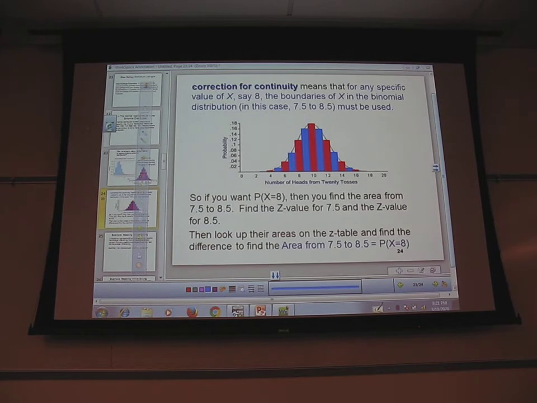Set number of trials. So the thing we're looking at, we're doing over and over again, we know where we're going to stop. It's a fixed number of times. We're going to draw so many marbles, or roll so many dice, or flip so many coins, or survey so many people. The other thing is that all the probabilities have to remain the same for each draw, or for each trial.